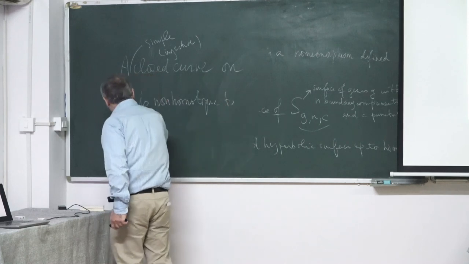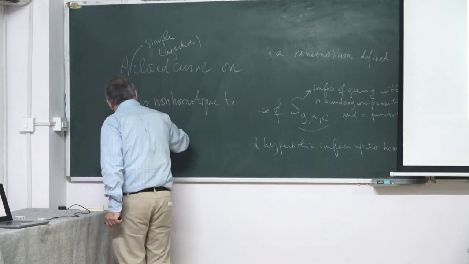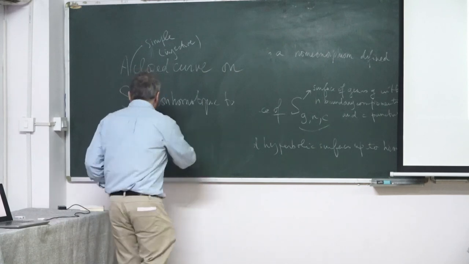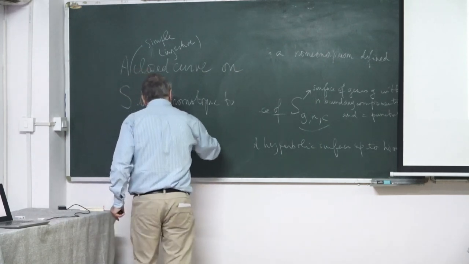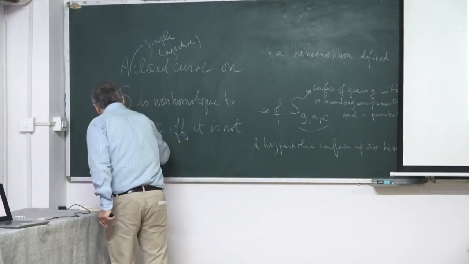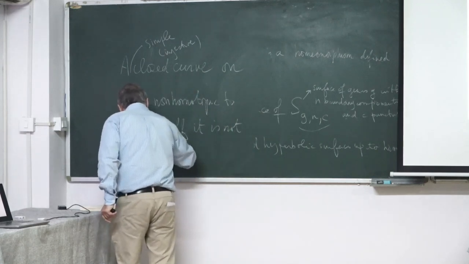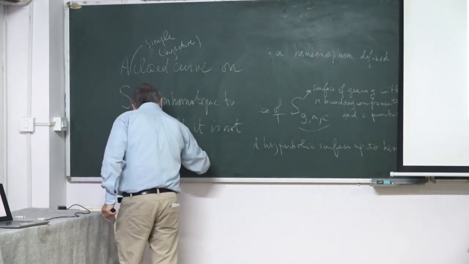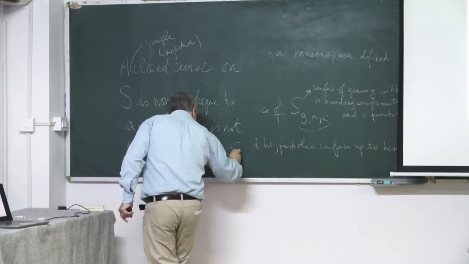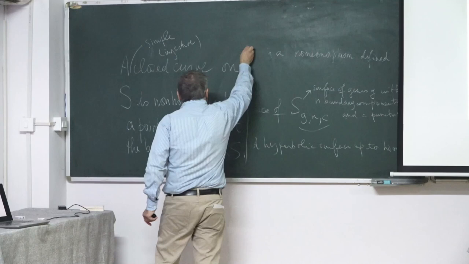Non-homotopic to a point. Is non-homotopic to a point if and only if it is not the boundary of a disk on the surface. So,